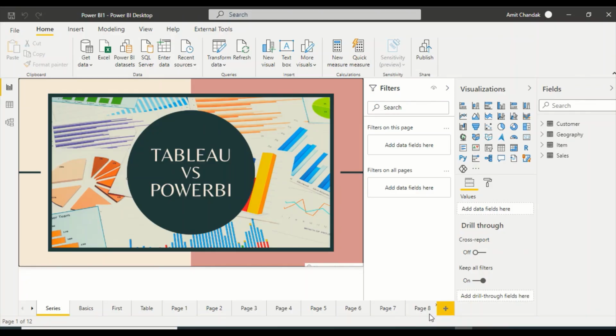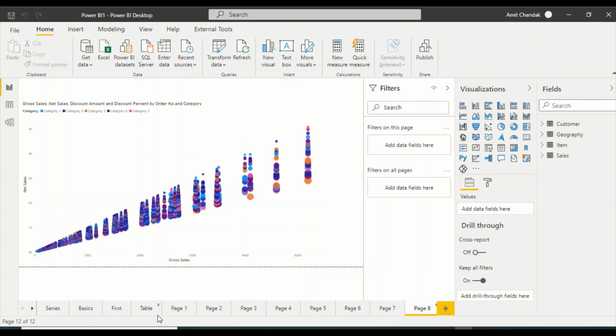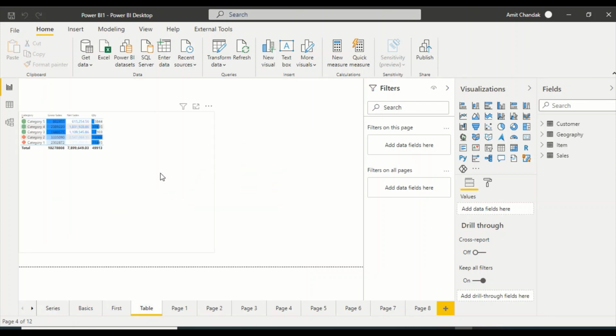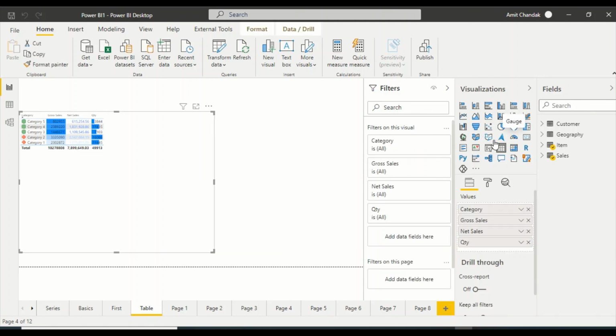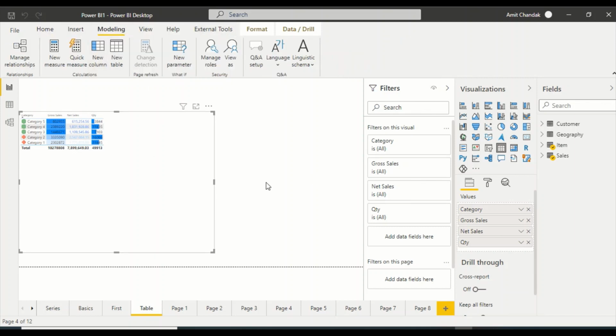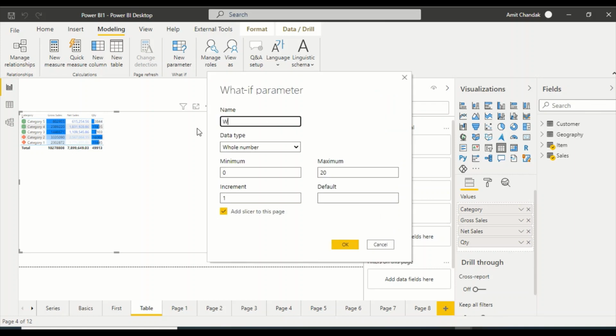Now Power BI, where the parameter is the what if parameter. In Power BI, let's go to our table visual, and in the table visual we already have the gross sales added here category wise. We are going to create a what if parameter here. In the modeling view, we have the option for what if parameter. Again, we are going to do the same thing which we have done in Tableau. I'm going to call it what if. I'm going to take a decimal number. Minimum value is 1, increment of 0.1, maximum value is 100, and default let's take as 1.